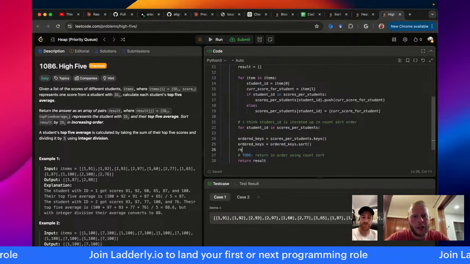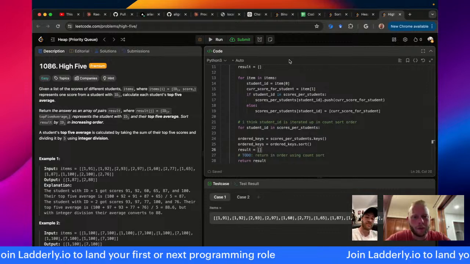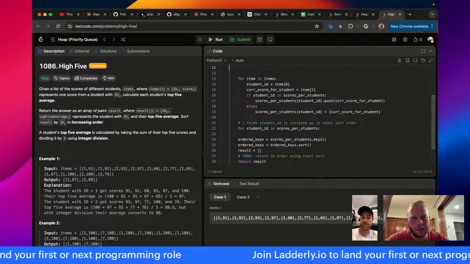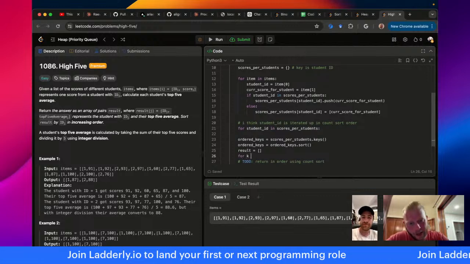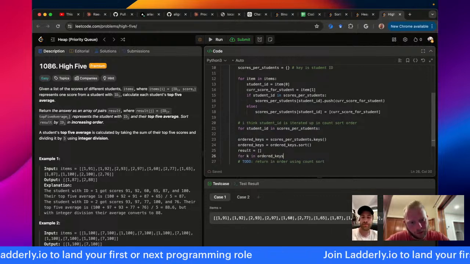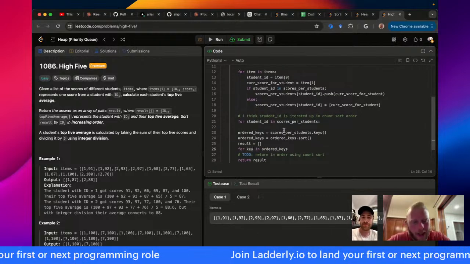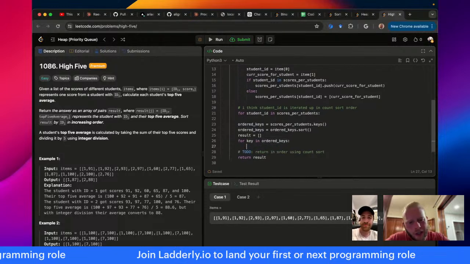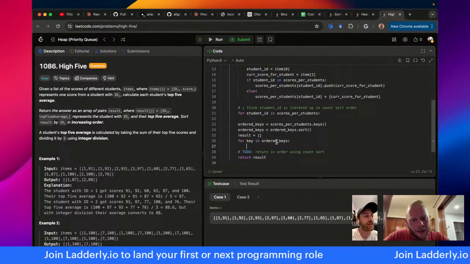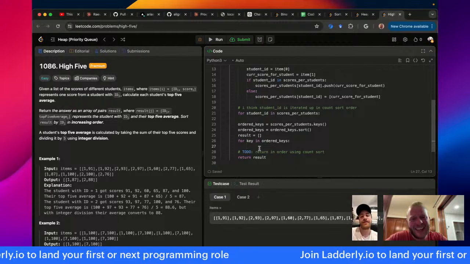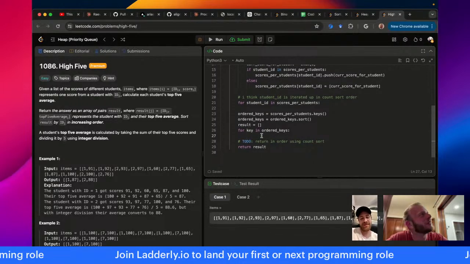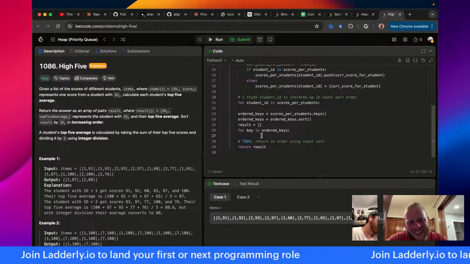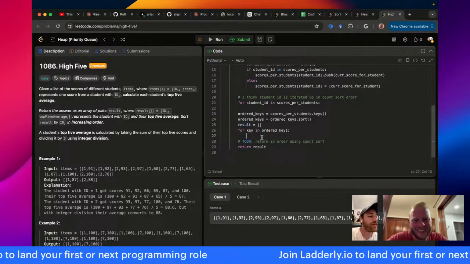All right, so here's where I actually make result. I'll delete the one at the top because we're going to use it here. And I'll say for k in ordered keys. Why don't I say for key? Yeah, okay. I wasn't sure if key is a reserved word. Yeah, we just bashed the single letter variables, though I do make an exception if there's a reserved word. Key scares me a little bit, but it's not a reserved word, so it's fine.